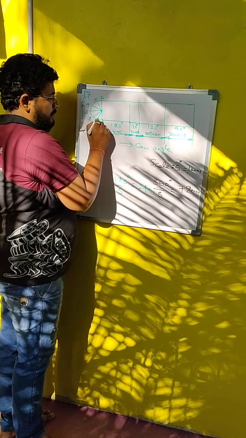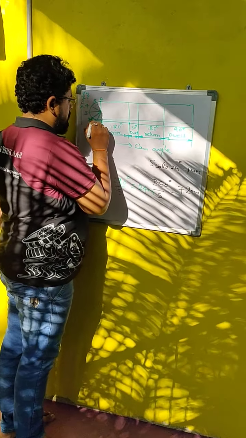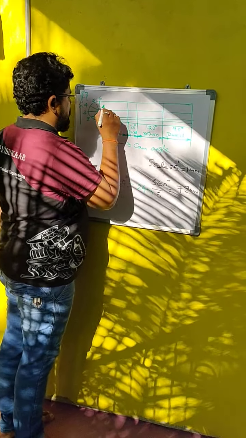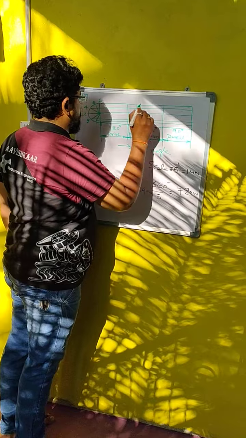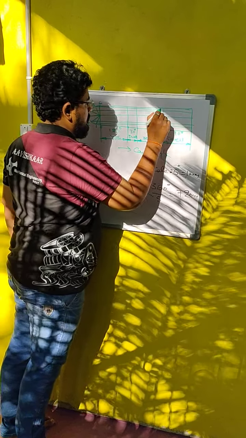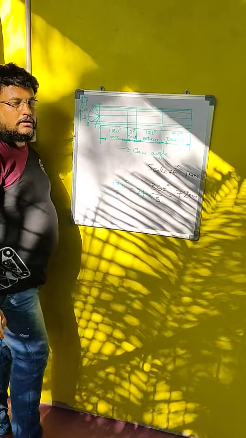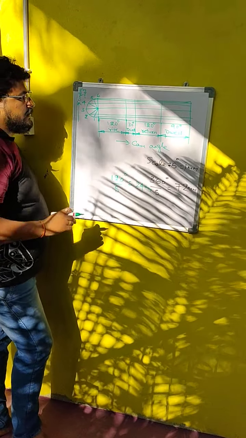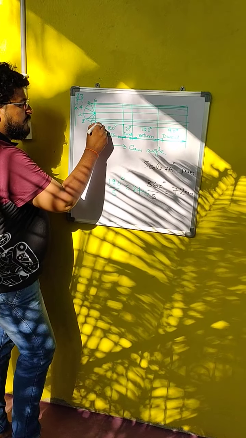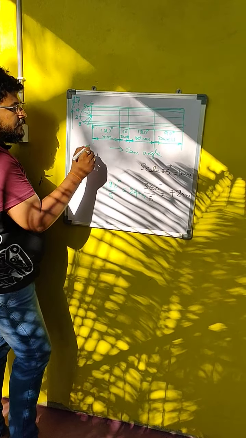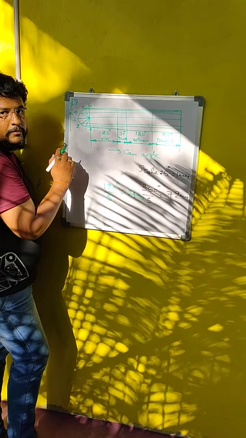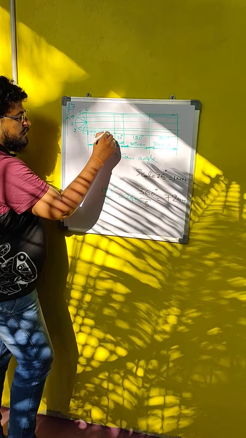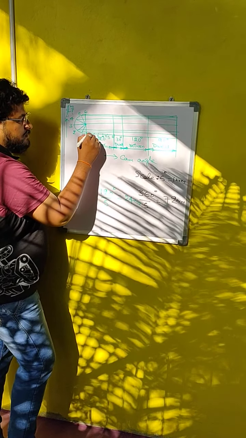Just project all the points. 1, 2, 3. And also we forgot to divide it into equal number of parts. Here semicircle is divided into 6 equal parts. Therefore we have to divide these points also into same equal number of parts for rise and return period. Let us represent these numbers: 1, 2, 3, 4, 5 and this is 6th point.